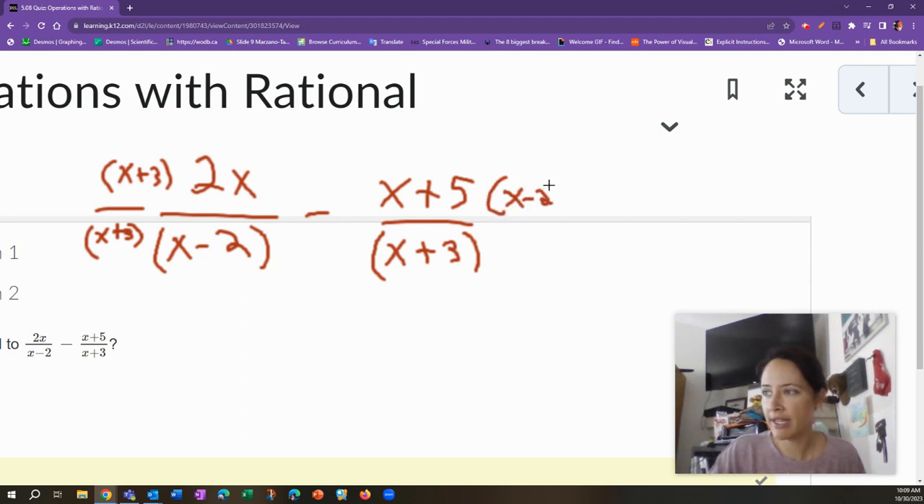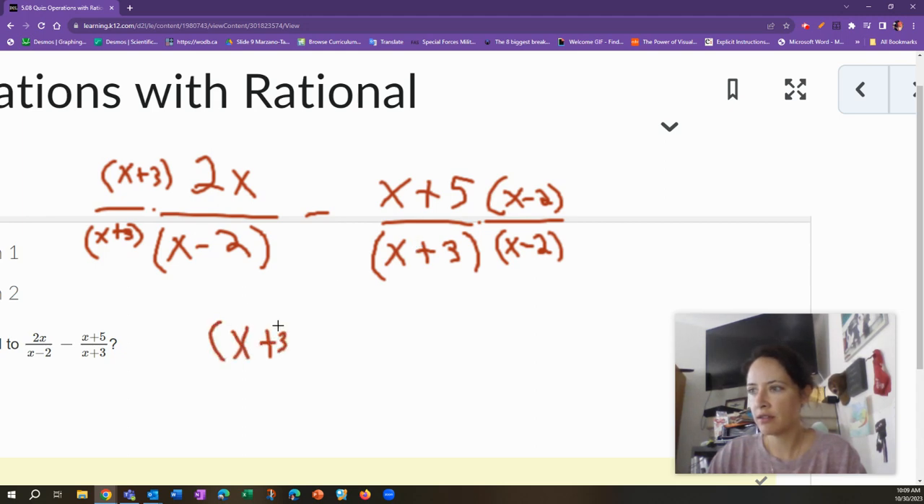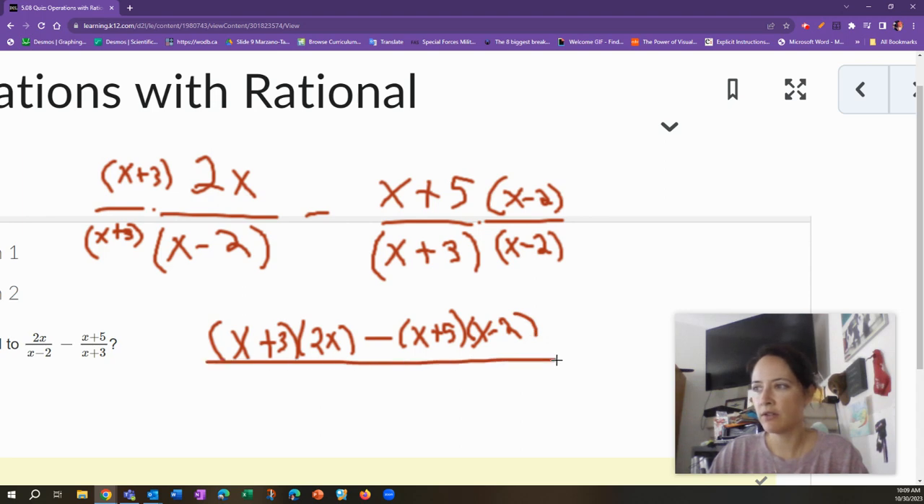Why can we do this? Well, x minus 2 over x minus 2 is 1. So we're essentially multiplying by 1, and when you multiply by 1, it keeps it the same. It doesn't change. It keeps it equal. All right, so now we will have x plus 3 times 2x minus x plus 5 times x minus 2, all of that over x plus 3